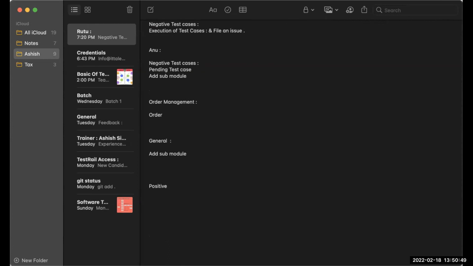So in this, you have positive test cases, test case 1 and test case 2. Let's take an example of login functionality. In login functionality, the first test case is validate login with valid credentials. That is the first positive test case. What is the priority for this? P1, which is high. And the second test case is